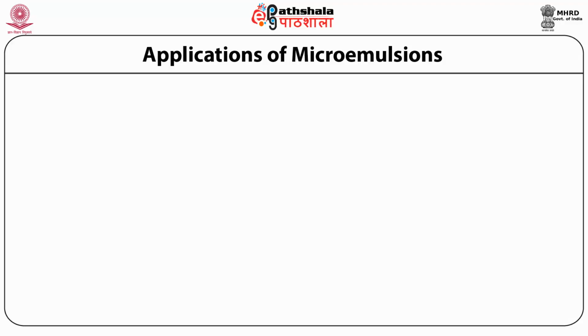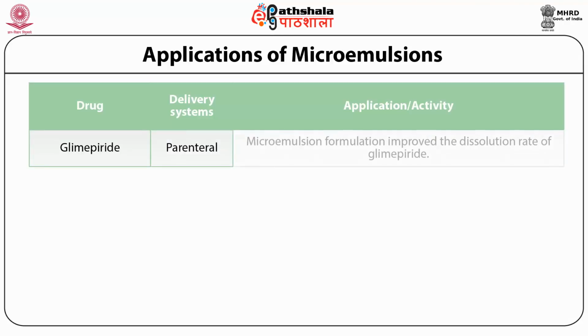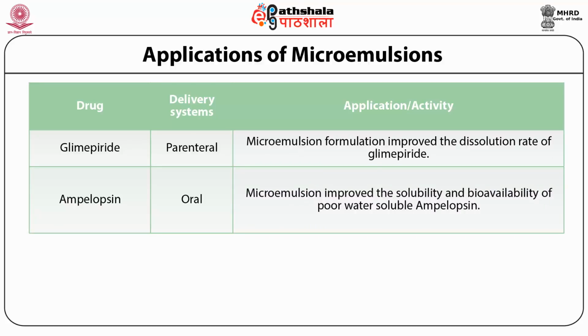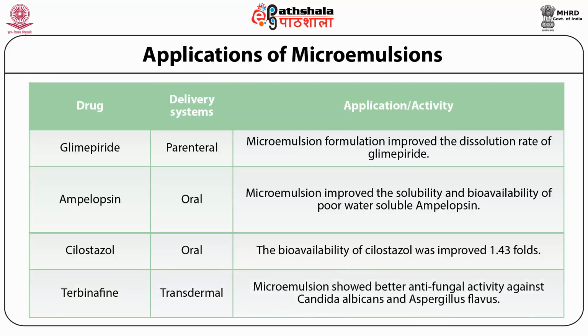Now in the case of microemulsions, there are some examples like glimepiride, which is given by parenteral route. Microemulsion of glimepiride formulation improved the dissolution rate of this drug. Then amprenavir: microemulsion of amprenavir improved the solubility and bioavailability of the poorly water-soluble drug. Then cilostazol, which is given by oral route, its bioavailability is improved by about 1.4 times. Then terbinafine, which is given by transdermal route in the form of microemulsion, showed better antifungal activity against Candida albicans